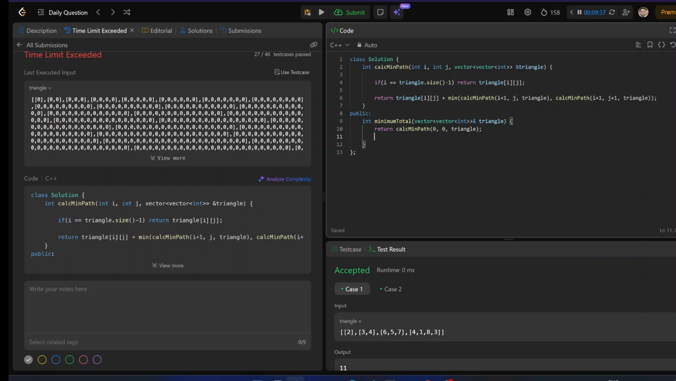So what are the changing parameters? We can see the changing parameters are i and j. I can go max to the triangle size. I can just take a variable n which will contain this triangle size, and we can create a 2D DP which will store the previously calculated results,